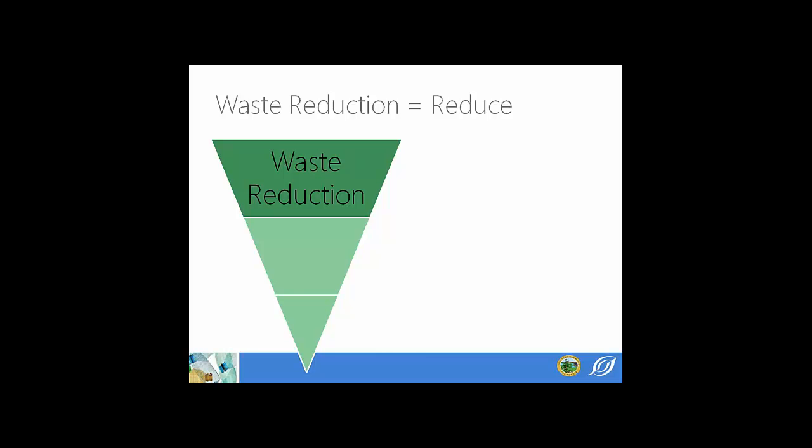And actually we found that that's usually the way that we can save the most money as well, because when we're paying for things to ultimately throw them away, we're wasting our money. So waste reduction is so important in both personal and business applications, and that's why we like to focus on that first. Some of the things that we can do is reduce commercial packaging.